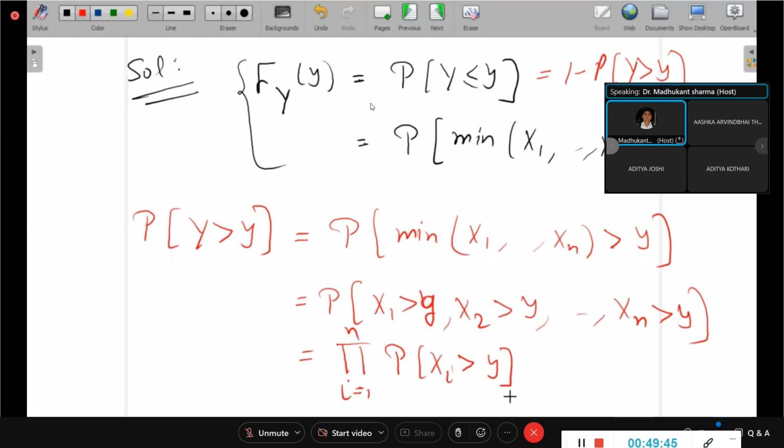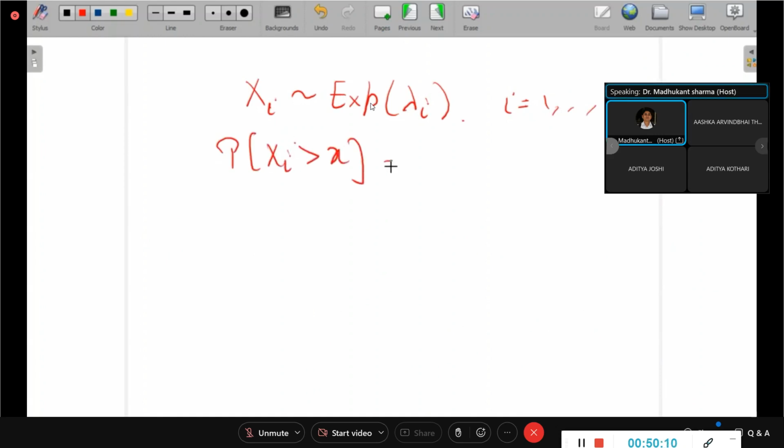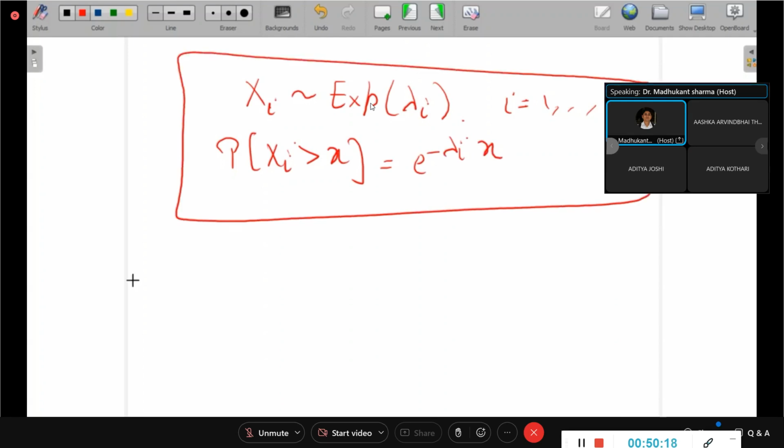Now each xi is exponentially distributed. So each xi follows the exponential distribution with lambda i, i equals 1 to n. Then the probability of xi greater than x is equal to e to the power minus lambda i x. If you use this fact, this together will give you the probability that y is greater than y